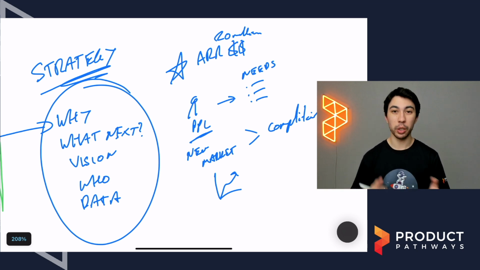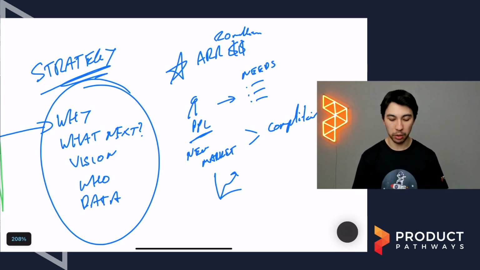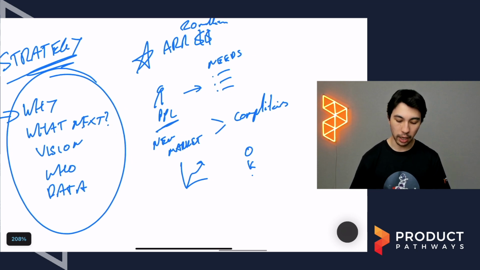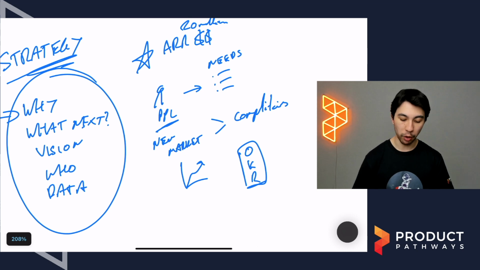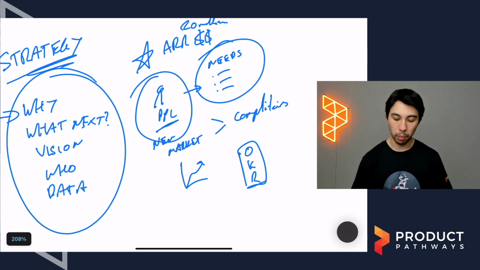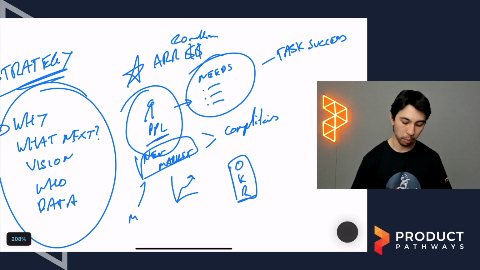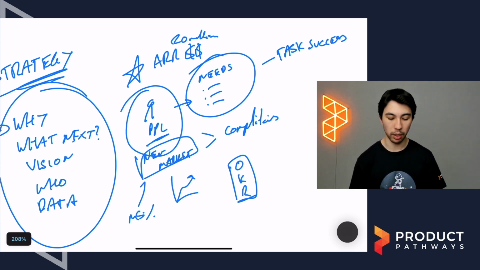From there, you start to look at, well, how do I then measure that? And that is really where your OKRs come into it. I need to start to turn this into OKRs in the sense of measuring my progress towards that. So we're going to focus on these people and these needs. Well, how about I have some task success type metrics on that? I can start to look at this market as a market share percentage, right? I can look at acquisition in that space, all those types of things. I can look at retention, those types of things.